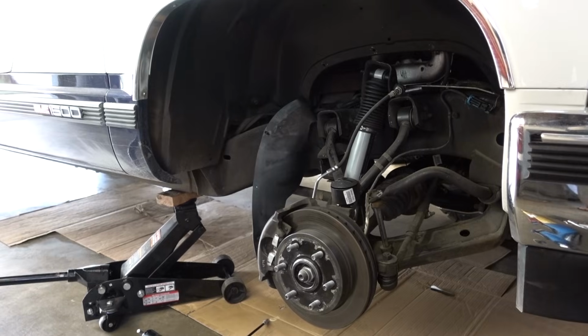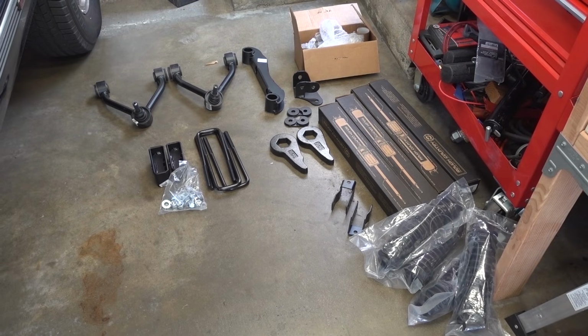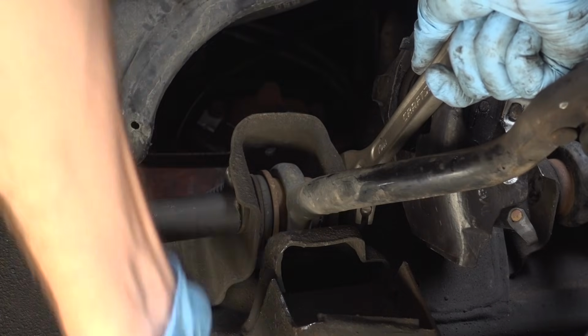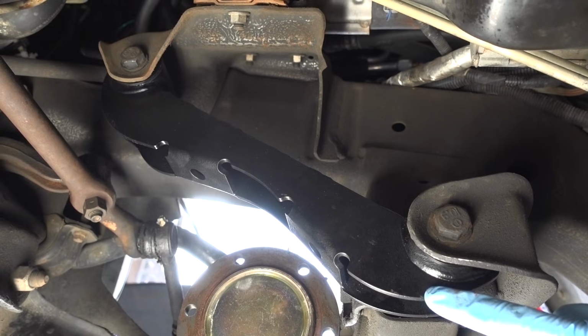Today we're looking at the front suspension on my 1995 GMC Suburban. I recently installed a Rough Country 2 to 3 inch lift kit on this thing. It's mainly a torsion bar lift, but it does include new upper control arms as well as drop brackets for the front differential. So it's a proper torsion bar lift, but I am having a little bit of a problem